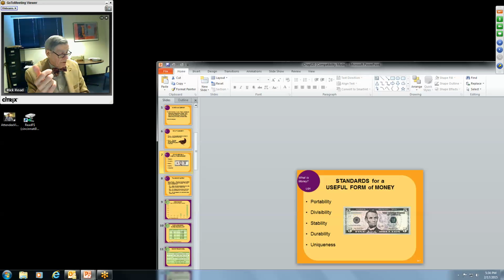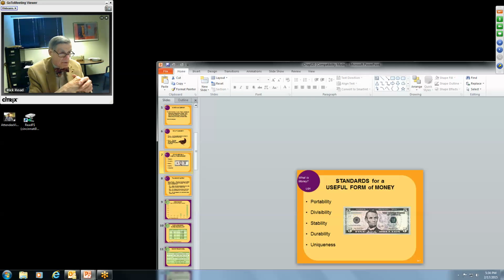Money, and the picture here of a $5 bill of Abe Lincoln, is easy to fold and put in your pocket, or to put in a wallet or billfold, whatever you prefer to call it. So it's easy to carry around. It's not like having to carry around a bunch of tulip bulbs. Divisibility, it means that we know value pretty easily. Stability, it's going to last. There's a little slide we're going to show you later, I believe, that shows you how long bills will last on average.